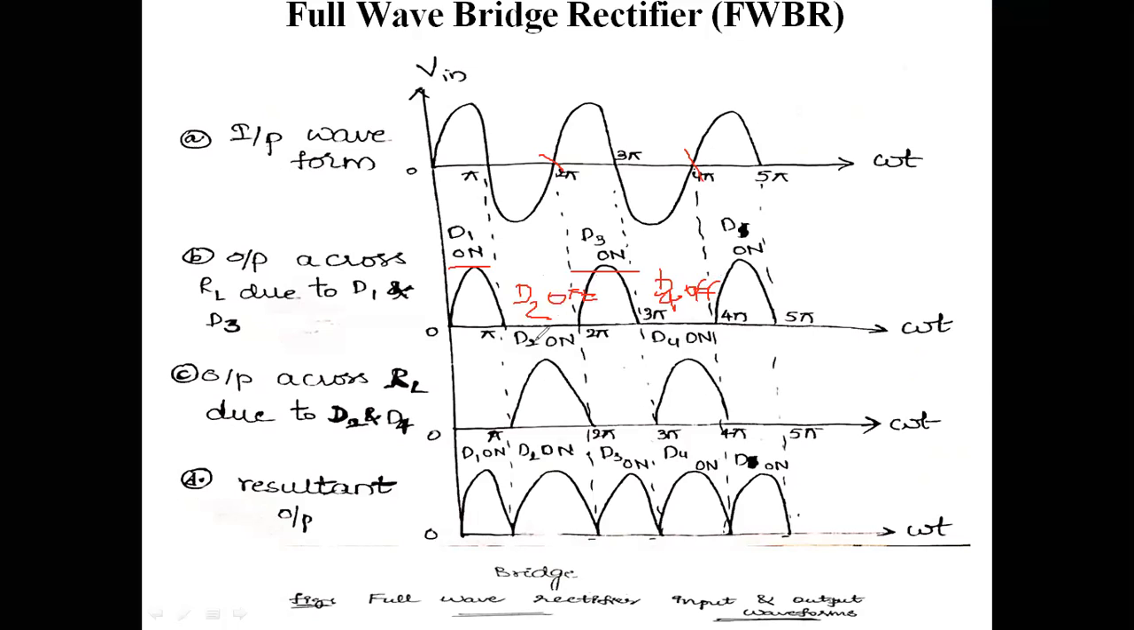D2, D1 and D3 is in on, D2 and D4 is in off position. That is with respect to the positive half cycle. For negative half cycle, the